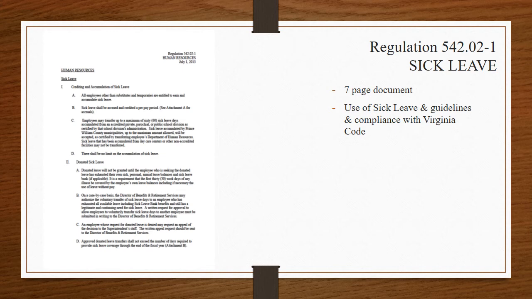There are some guidelines that shall govern when we use our sick leave. So, number 2 within these guidelines, it says in accordance with the Code of Virginia, section 22.1-301, the manager or the principal has a right to require a physician certification at any time. And also, the employee may be required to submit to their principal or manager a physician certification for sick leave or anticipated sick leave in excess of 3 days.